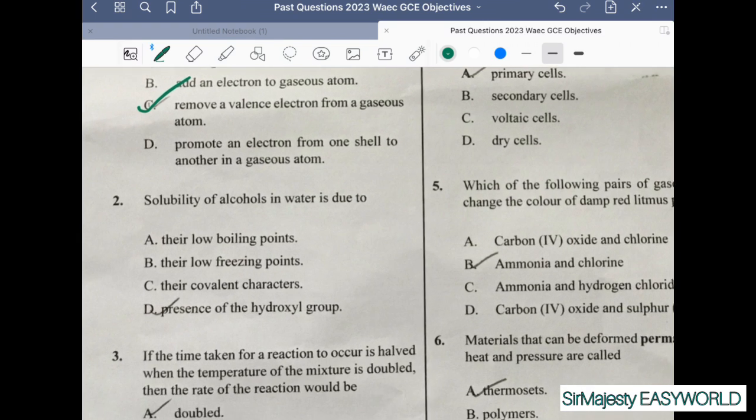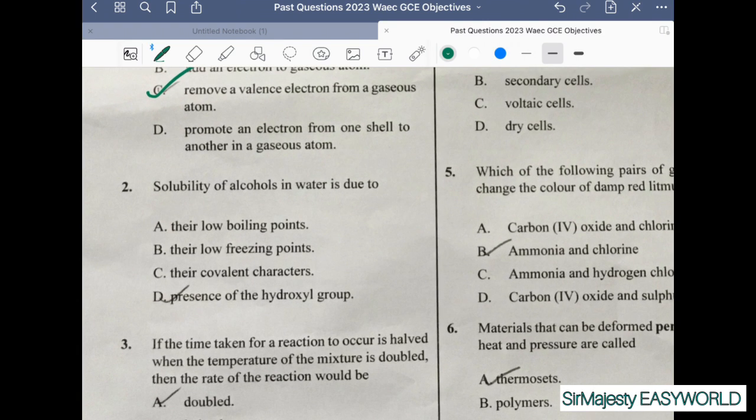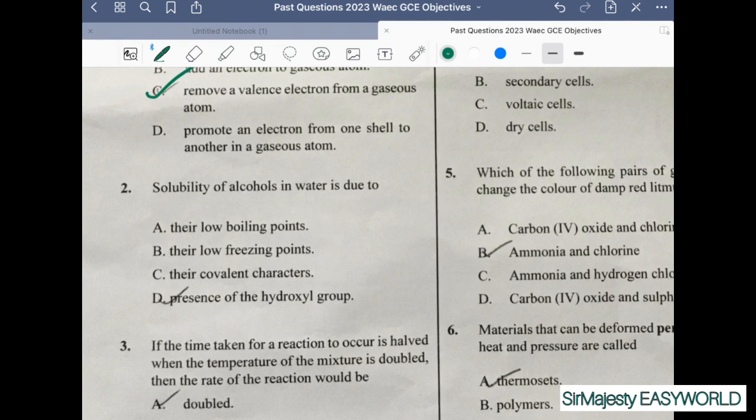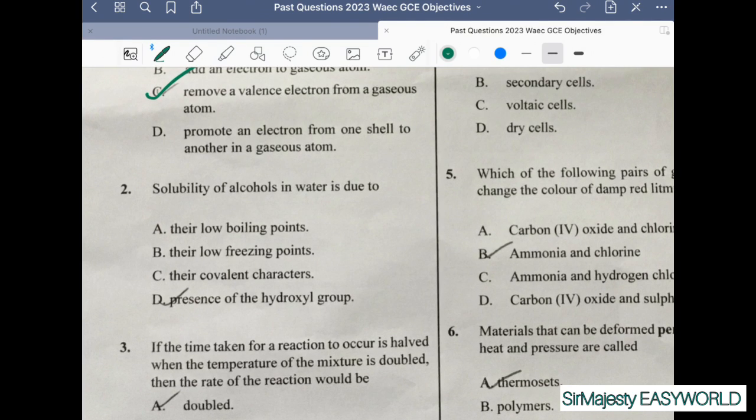Then number 2 says solubility of alcohols in water is due to A, their low boiling points. No. Their low freezing points. No. Their covalent character. No. The presence of hydroxy group. Yes, of course. The presence of OH, which actually gives them polar nature. Why would the hydroxy group make them soluble in water? It makes the alcohols polar in nature, because if you come to alcohols, the formula is ROH, whereby the R